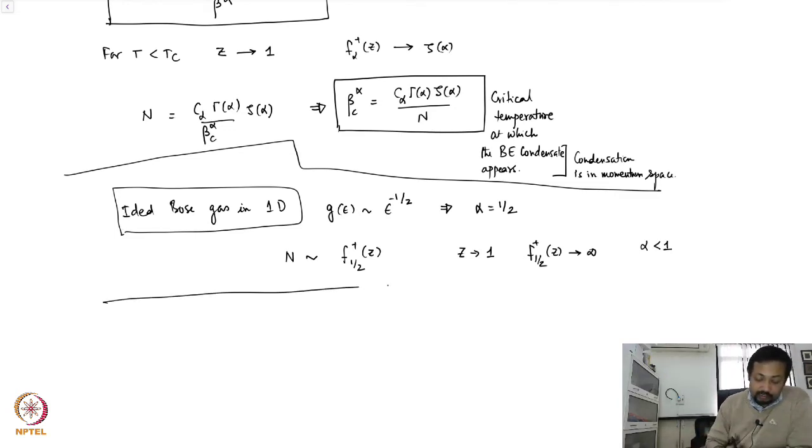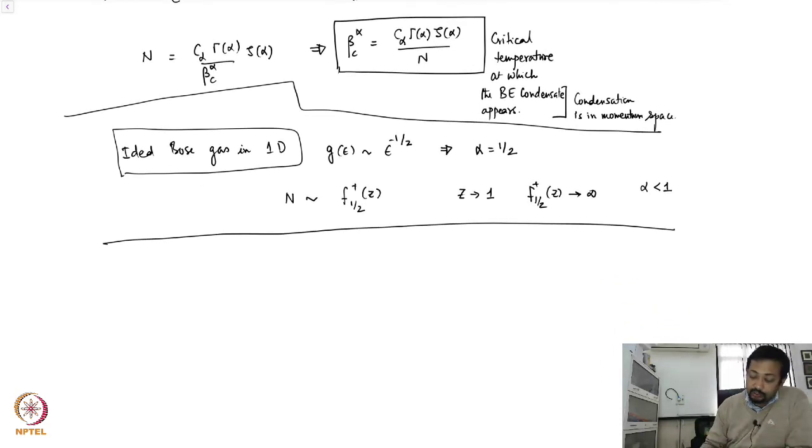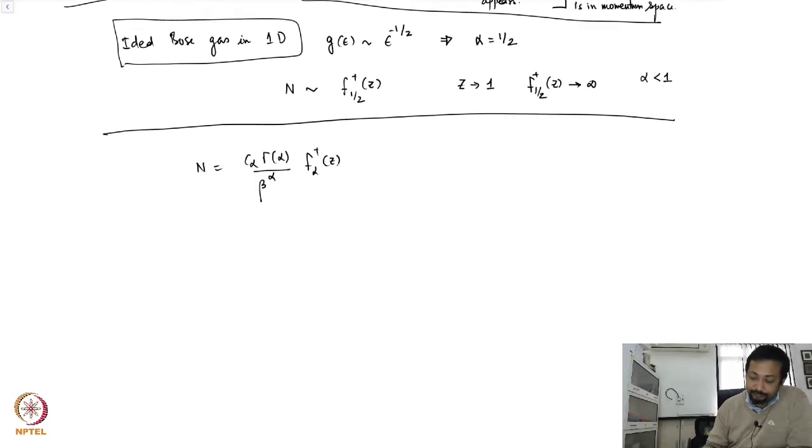Now, let's quickly continue with this. So this is my N. N is C_alpha Gamma(alpha) (1/beta)^alpha f_alpha^+(Z). The energy is the integral of G(epsilon) epsilon d epsilon divided by Z inverse e to the power beta epsilon minus 1,